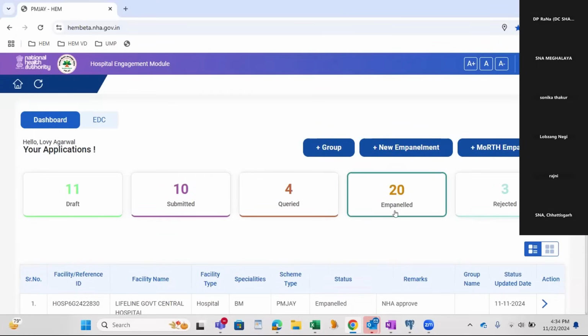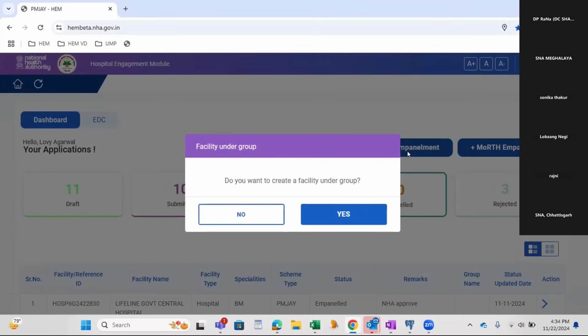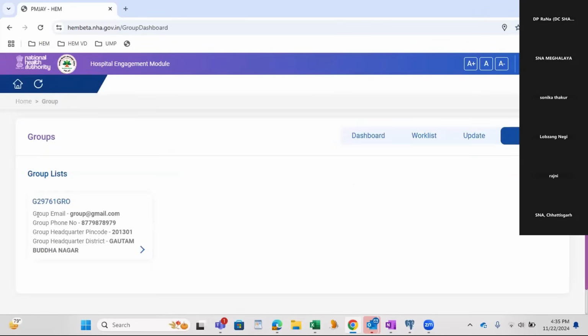So I'll start with how you will enroll your hospital as a fresh empanelment. In that case, we need to click on the new empanelment tab. The moment you click on new empanelment, we get a pop-up. The pop-up asks if your facility is under any group. If yes, it will redirect us to the group tab.